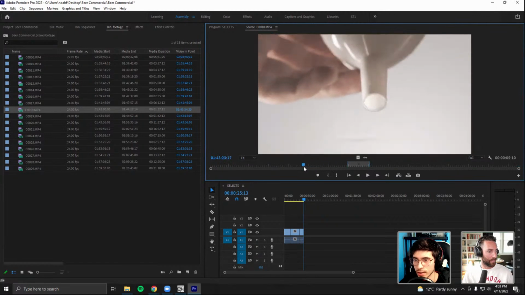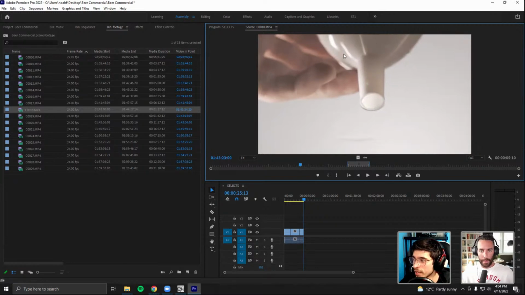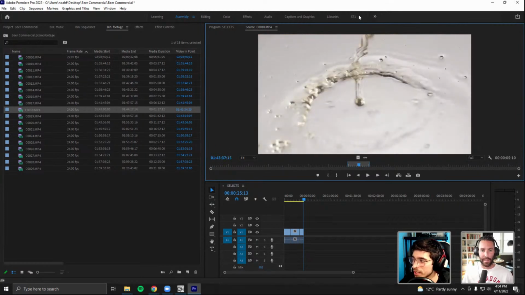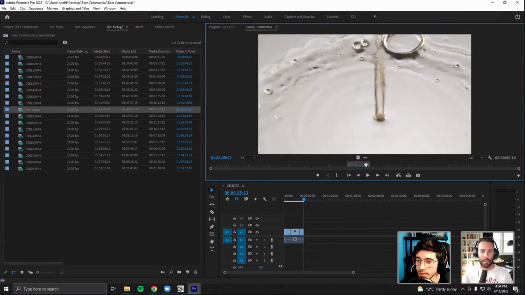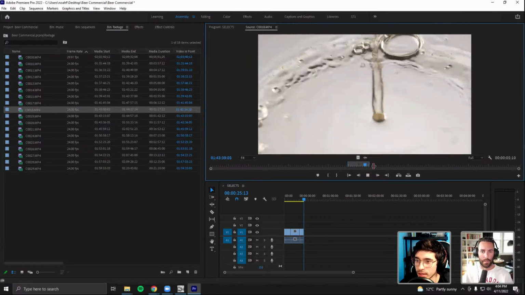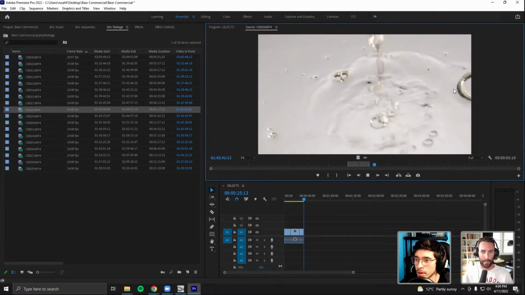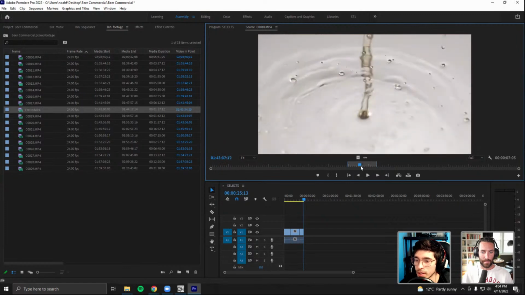Right. Yeah, for sure. And you can see here that I changed up my technique. I started using a funnel to help create more of a directional flow, because before it was just spreading across the entire sheet of glass and wasn't concentrated in one area. It was just dispersing everywhere. Because it's a clear liquid, you couldn't really tell what you're looking at. So the funnel idea helped me get it together. And I'm liking the way this bubble shoots out, and this big bubble is bouncing around. So I'm going to mark this as a select.